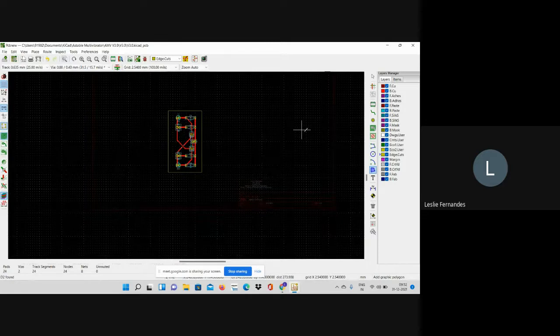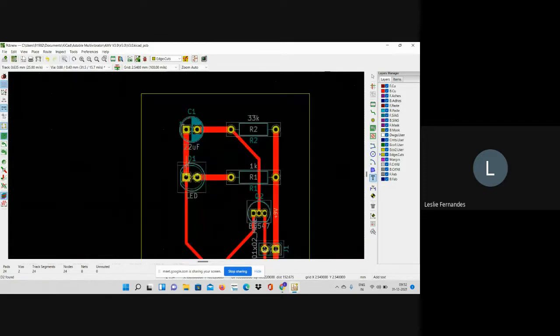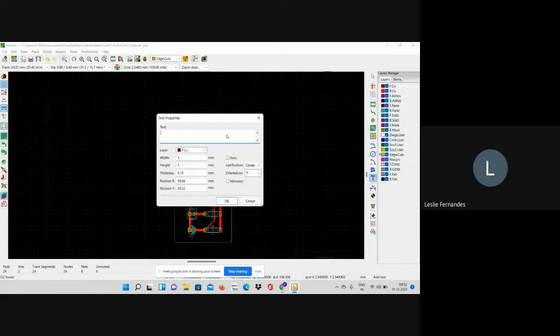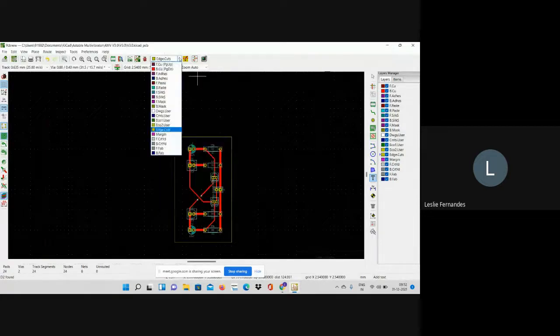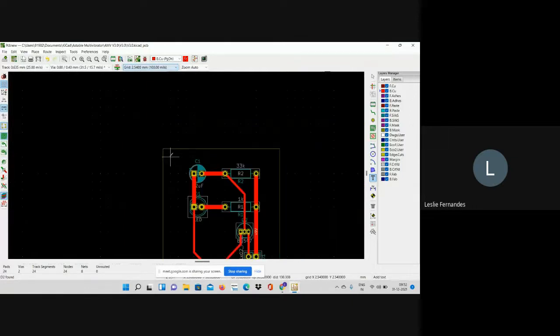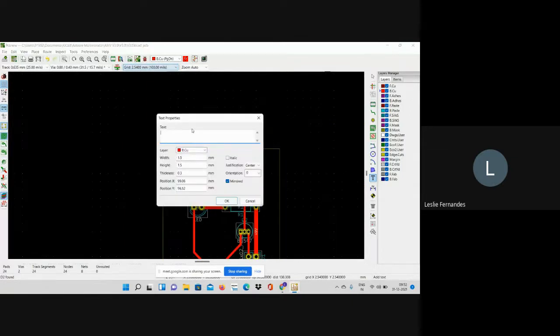My board is ready, and you can give your name also over here somewhere. Let's try. Say on the bottom copper layer, I would like my name, or else the name of the circuit, astable multivibrator.